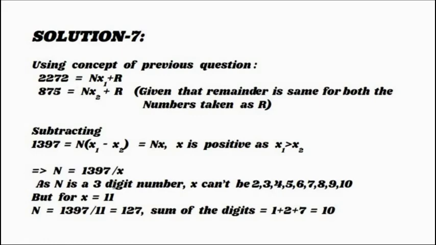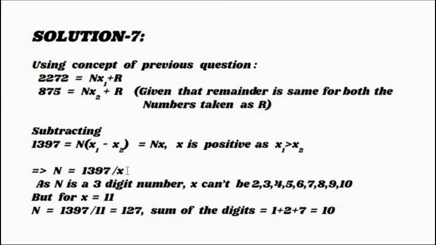We need to choose x in such a way that 1397 is a multiple of x, and the resultant quotient should be a 3-digit number, as the quotient is n itself. Now x can't be 2 because 1397 is an odd number, and it can't be divisible by 3 either. You can verify it yourself. Also x can be 4, 5, 6, 7, 8, 9, 10, but in such cases the quotient